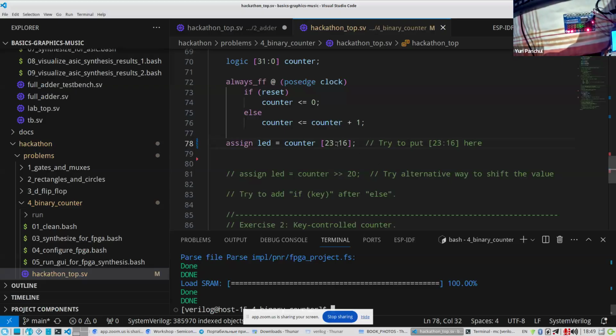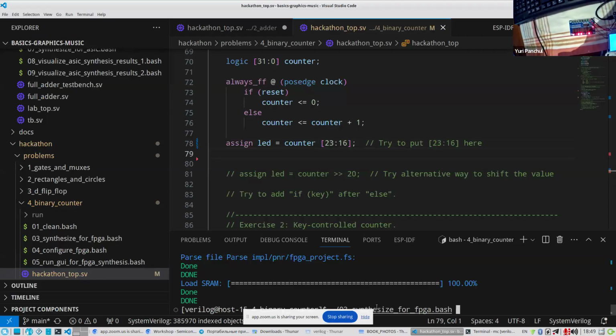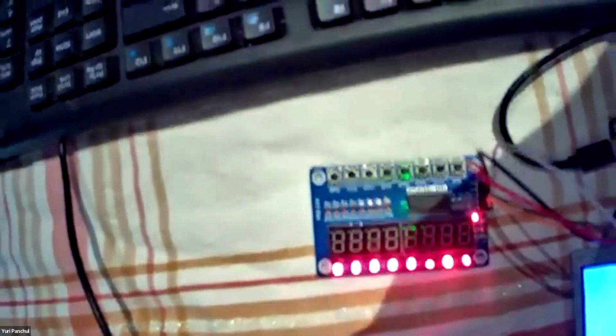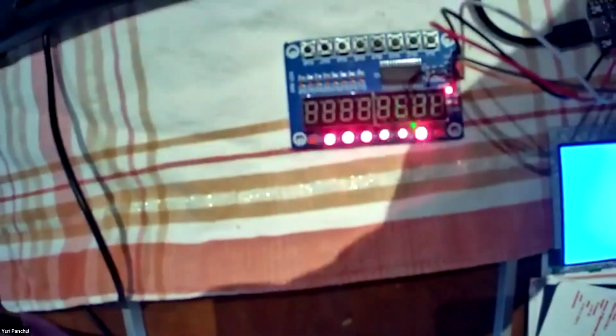If you put, let's say, 23:16, and then synthesize, you can see that it will now start to run faster. Yeah, so it all started to run faster.